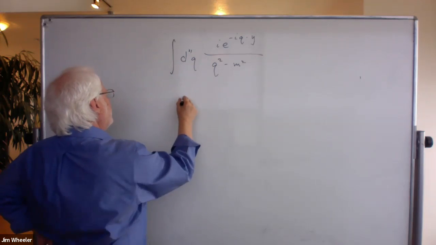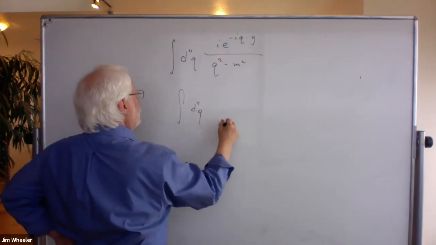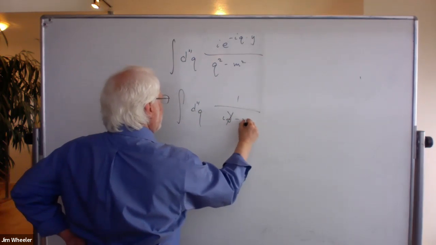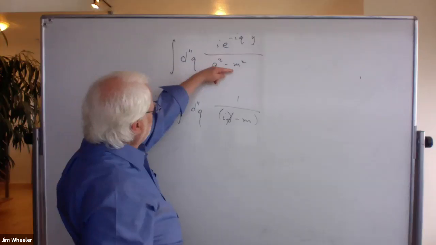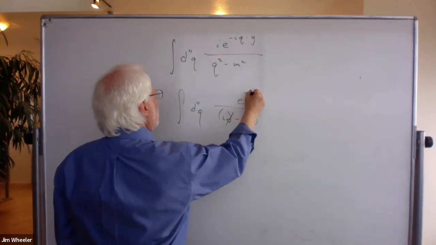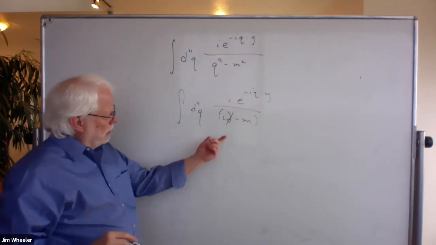For a Dirac field, you're going to have an integral d4q and basically 1 over i ∂-slash minus m. It's the inverse of this, probably with some phase factor up here. Similar, but the way that you handle this weird thing, and this is 1 over a matrix,